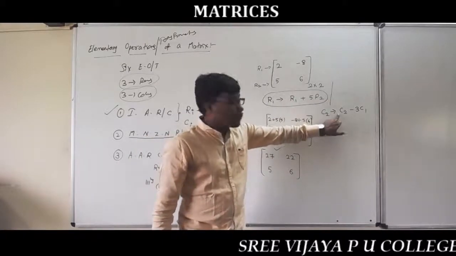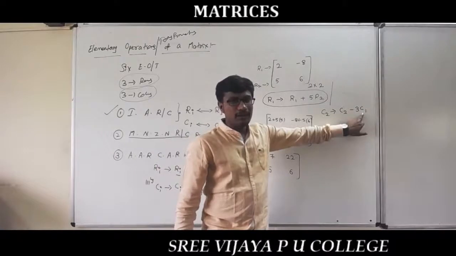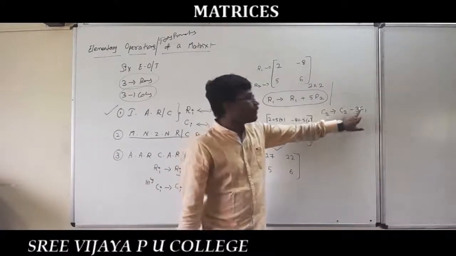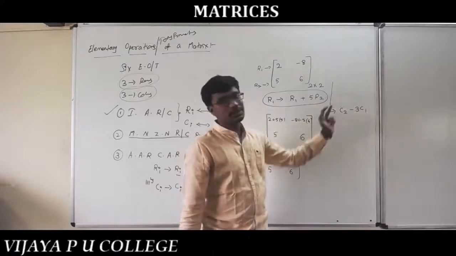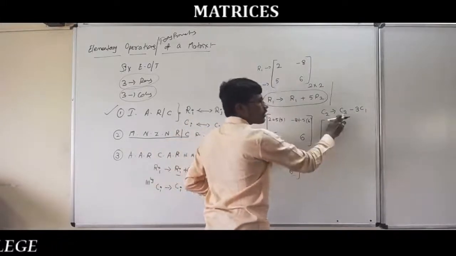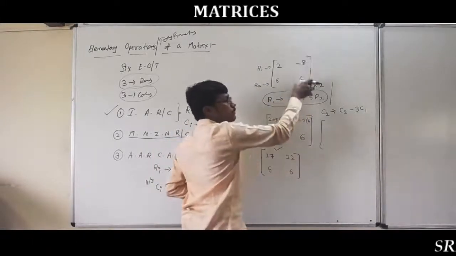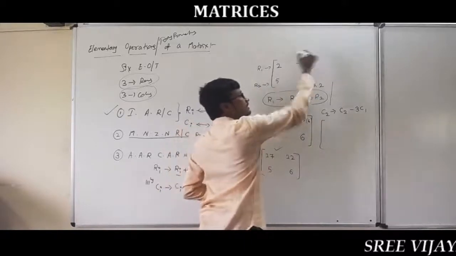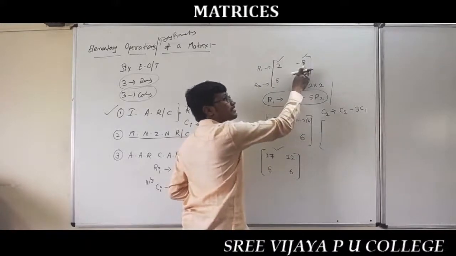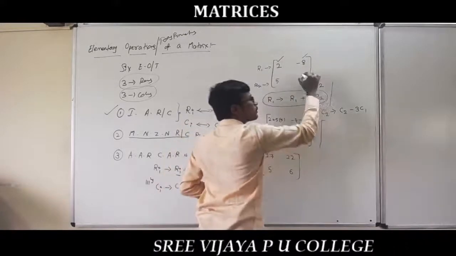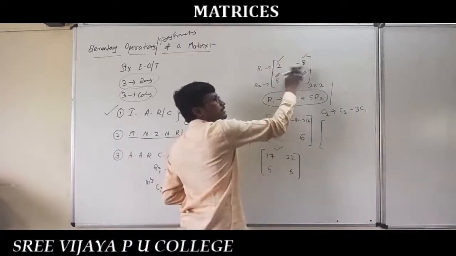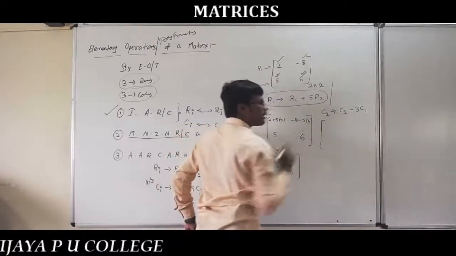Elements of column 2 with corresponding elements of column 1, and elements of column 1 you can multiply by a non-zero number, 3 or minus 3. If you take 3, you subtract. If you take minus 3, you add column 1 to column 2. So now, this is column 2, this is column 1. These are the corresponding elements of column 2 and column 1. In column 2, 8 minus 8 means the corresponding element is 2. For column 2, 6 means the corresponding column 1 element is 5. So for these two and for these two, you can apply this elementary operation.